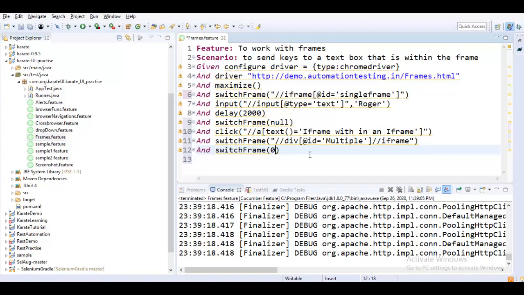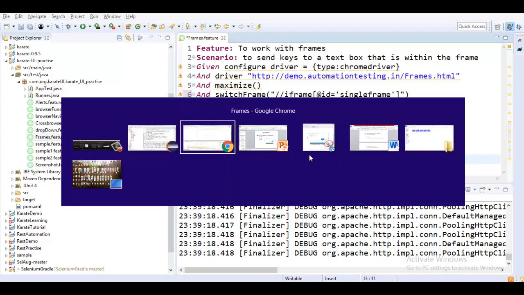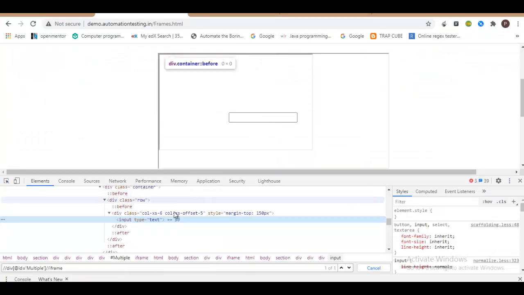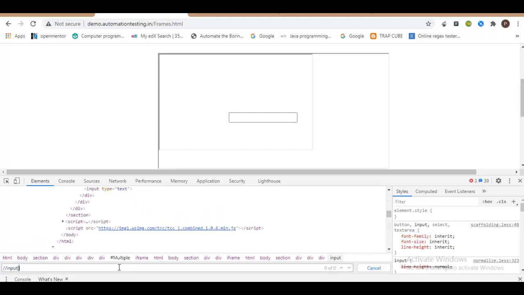This time I'll just pass the index, and then finally I will consider sending the keys to that particular page. Let me quickly identify that. I think it is also the same thing. It is also enclosed in an input tag, and the type attribute is present. I think there is some spelling mistake.